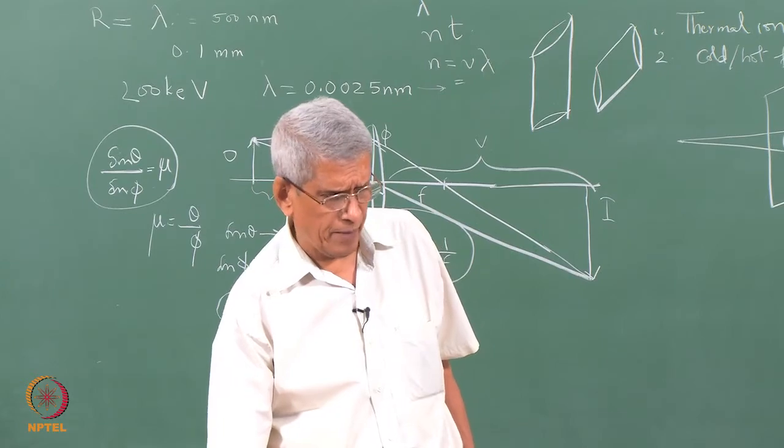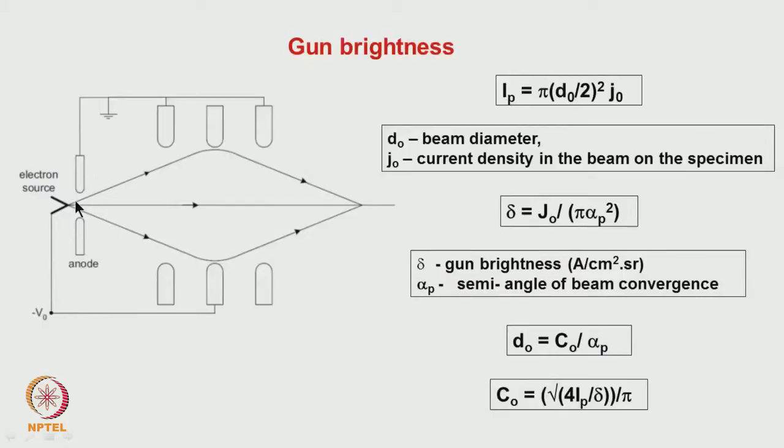Now, let us take the light source itself. If the light source is a thermionic source, what is going to happen? The electron emission takes place from a finite area of that sample. So, the current density is what matters, and this also gives rise to some practical limit on the size of the source which we can use. The size of the source also has an effect on the resolution.